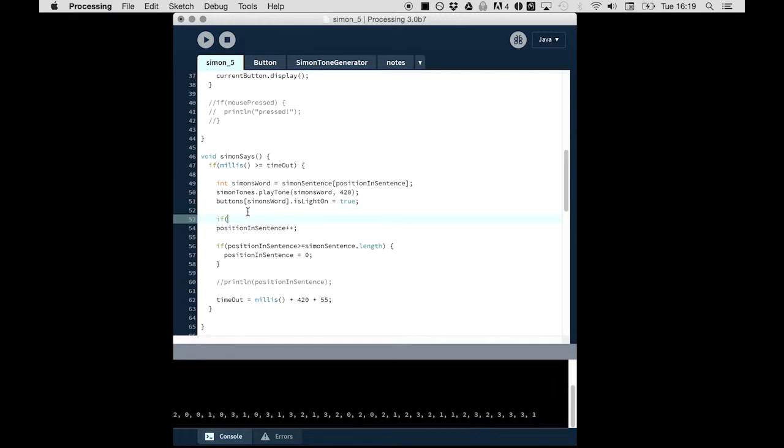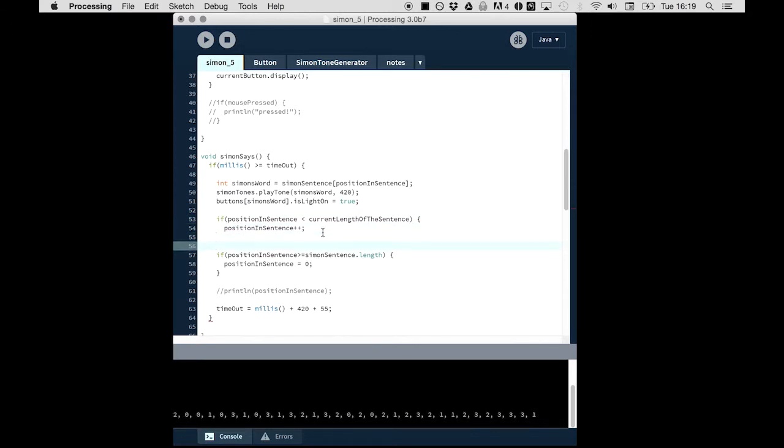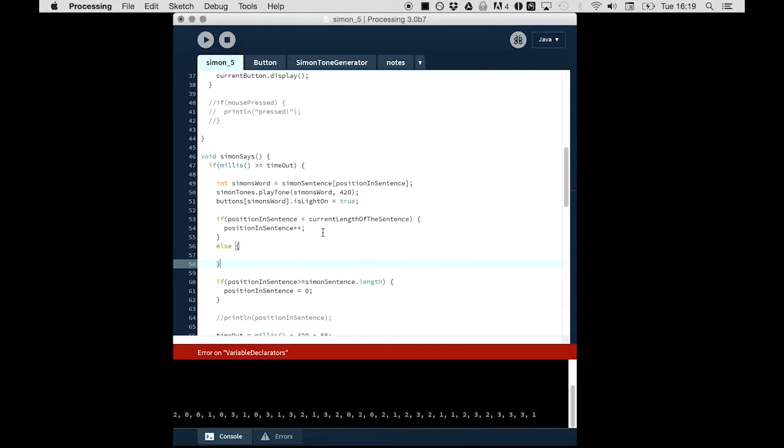So if, in this case, the position in the sentence is smaller than the current length of the sentence, then I would like to update it. And otherwise, I actually just want to say that,